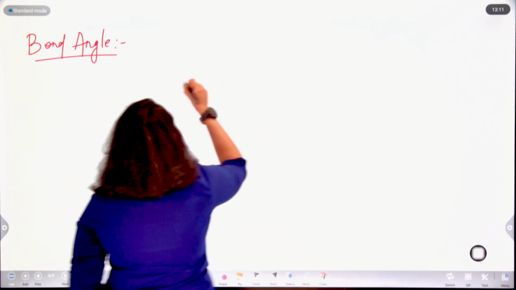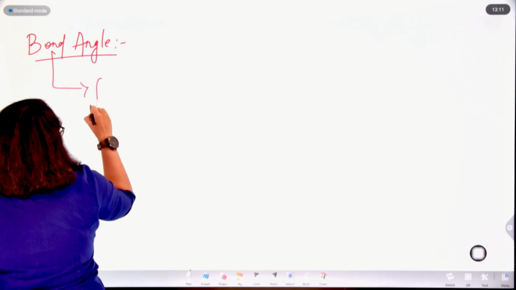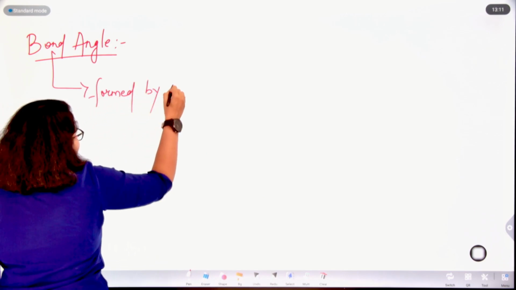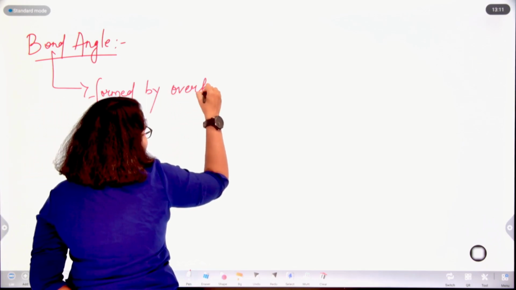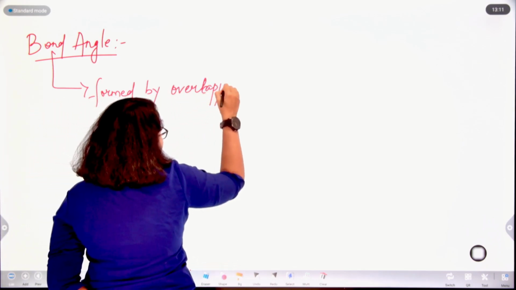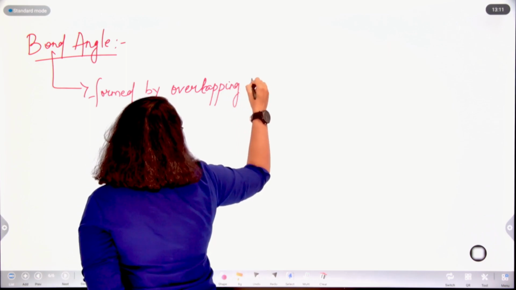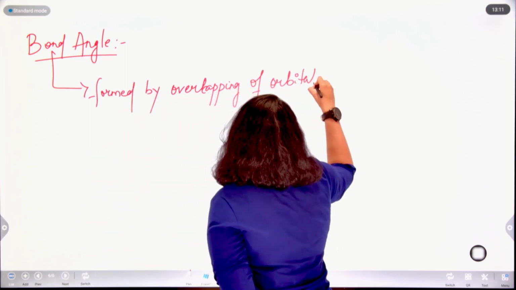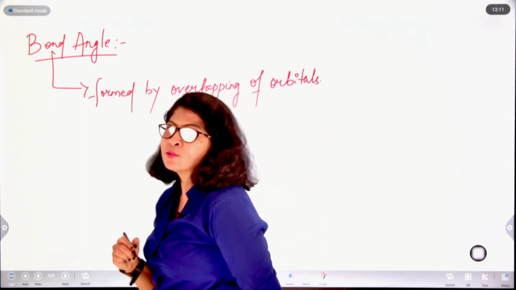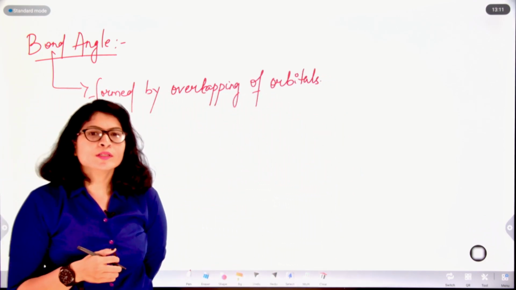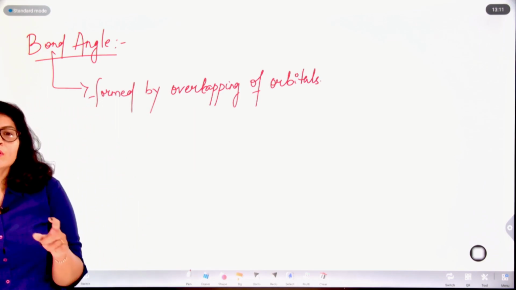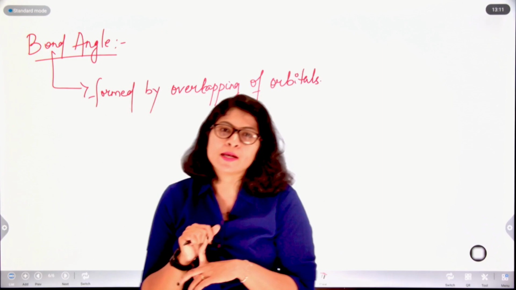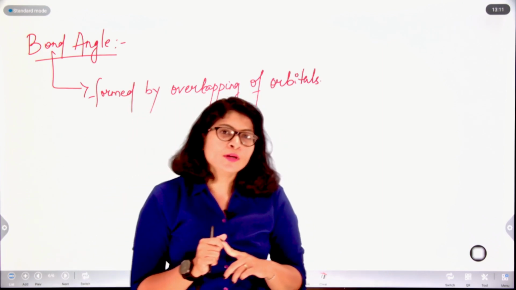A bond is formed by overlapping of orbitals. Now when the orbitals overlap, they will do so in certain angles, right? So the angle in which the orbitals overlap with the central metal atom is called the bond angle,